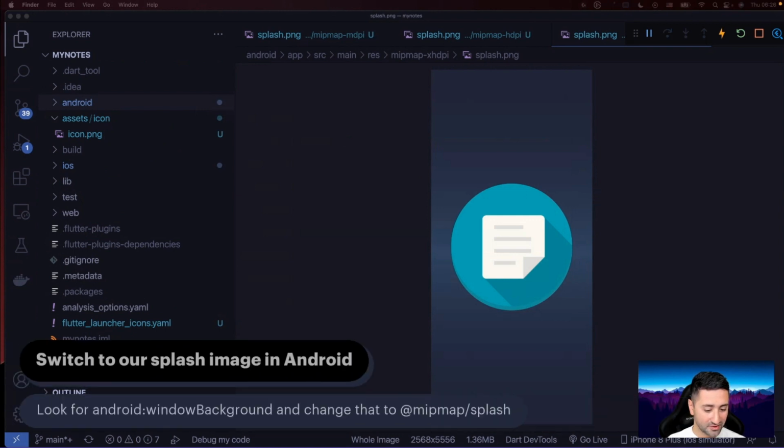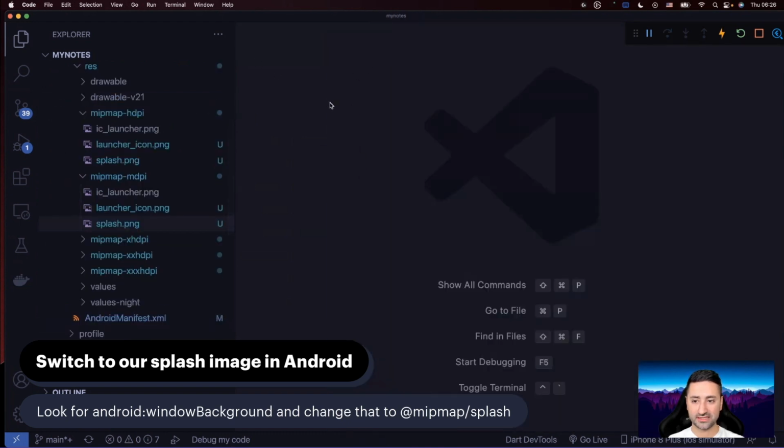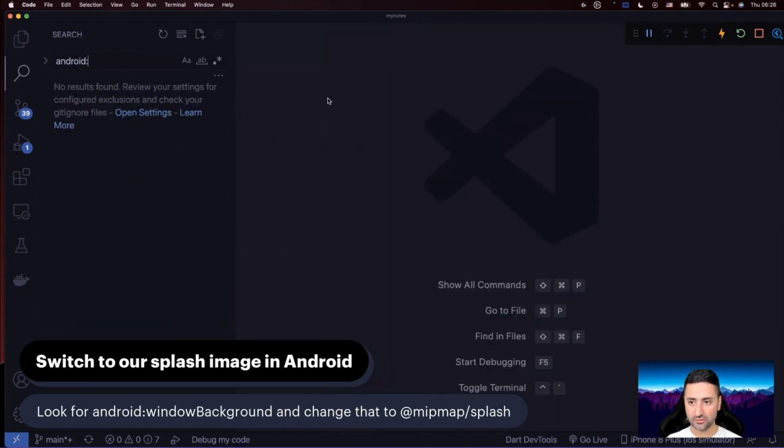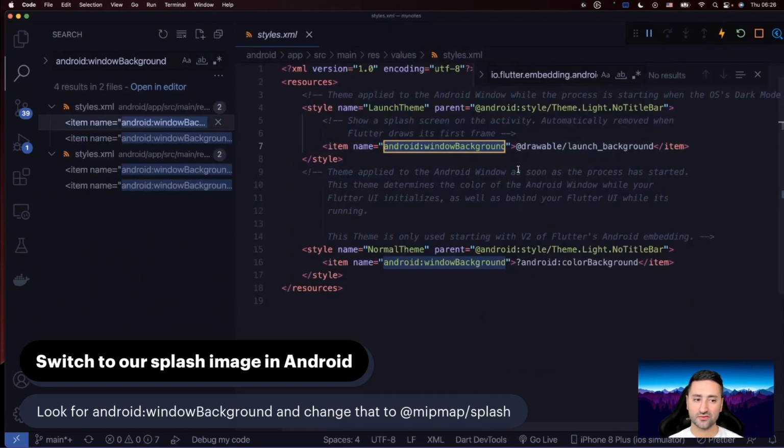So now that we've done that, we need to actually tell our Android application to use those splash screens. So what we need to do is to look for Android window background inside our application. I'm going to close all these open tabs and I'm going to search for Android window background, just like that. Okay. So you'll find 4 of them, but only 2 of them are actually interesting for us. So what we need to do is actually, I'm going to go to my styles as well here. So as you can see, here it is using a drawable, but we're not using a drawable. A drawable is something that, for instance,